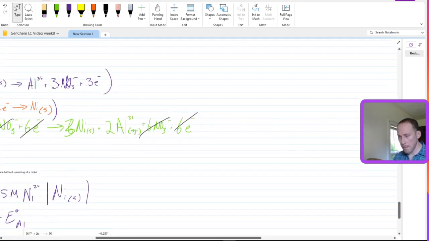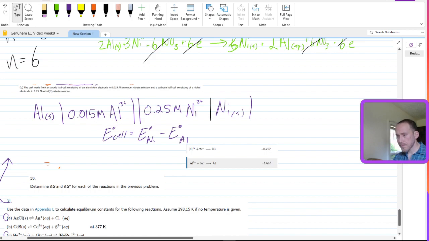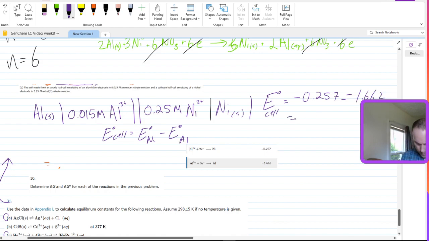Okay, so our standard E cell is going to be negative 0.257 minus negative 1.662 equals